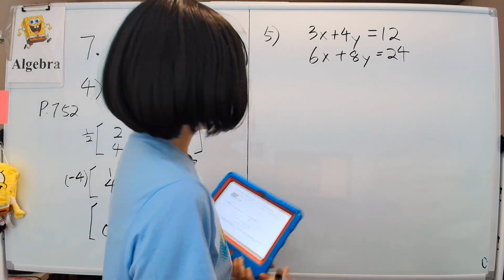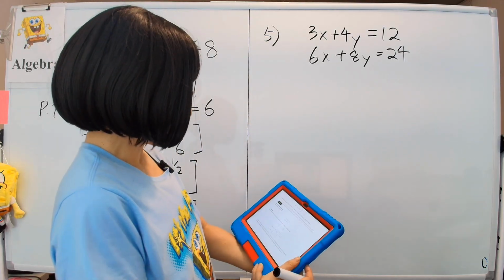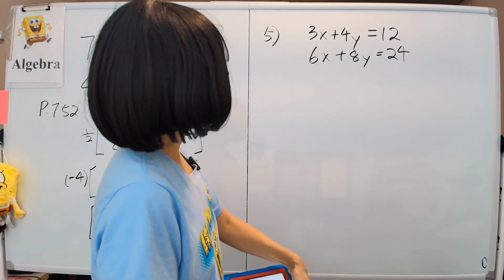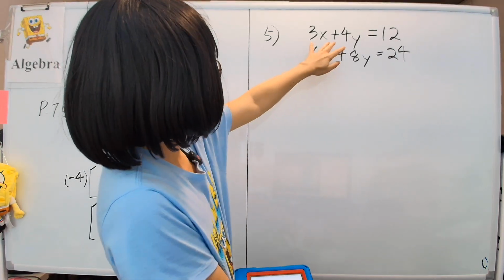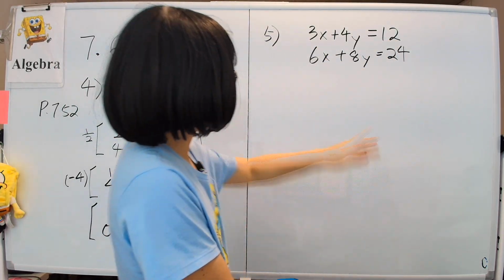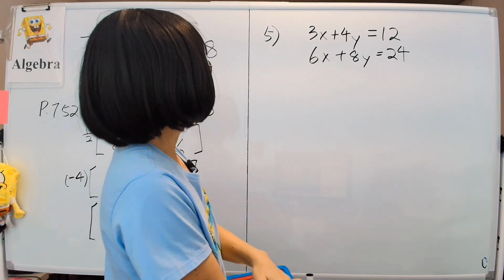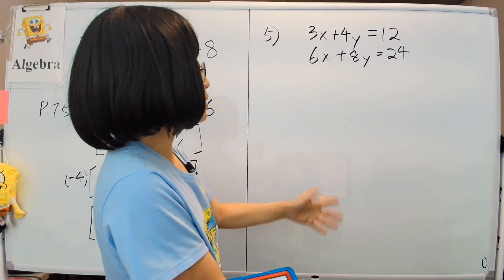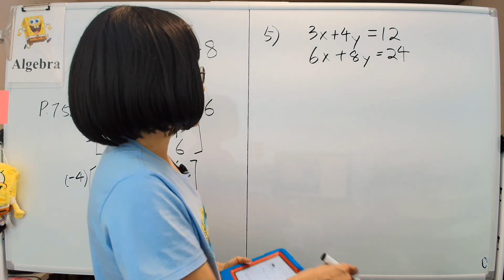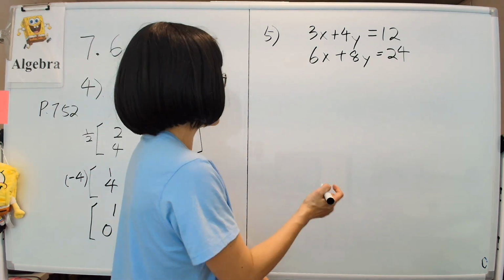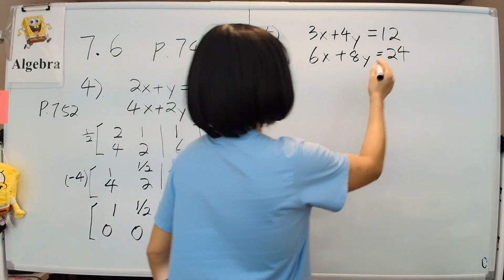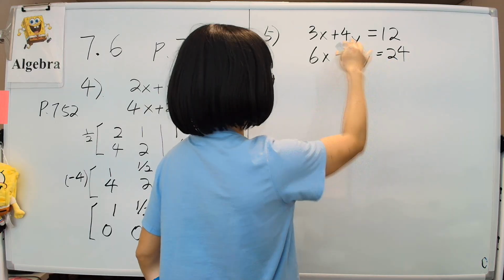Now example 5, we have 3x plus 4y equals 12 and 6x plus 8y equals 24. Now that is also not a good system because 3x plus 4y doubles into 6x plus 8y, 12 doubles into 24. Basically these are the same equation. So there's no one solution to it. To solve this, the way the book wants us to do it right now is you solve for y from one of the equations,